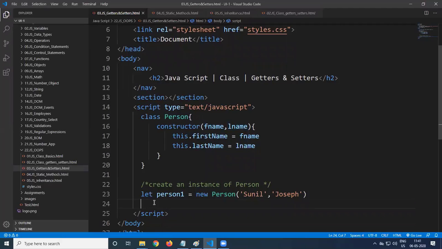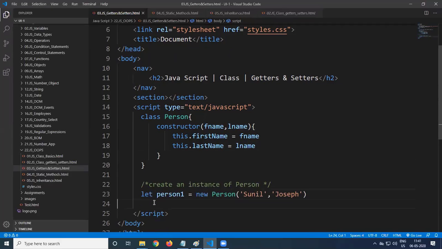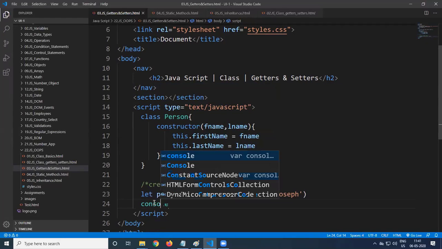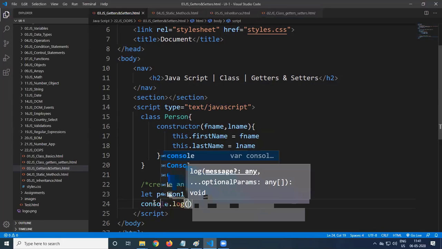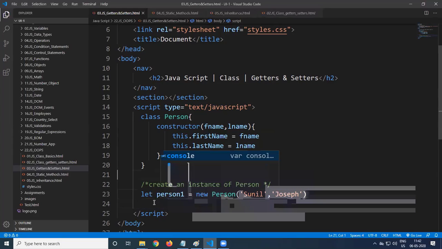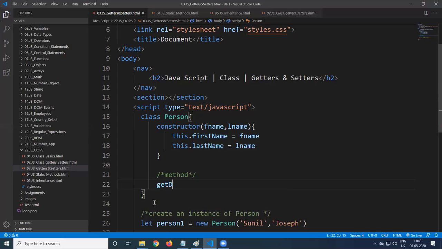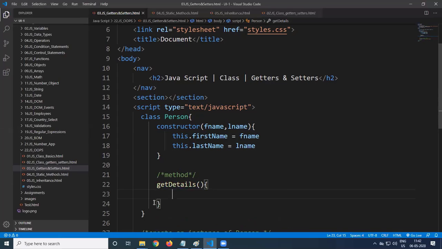Now let us have a method. We can access the value directly, or we can access it through a method also. So we define a method called getDetails, with no return type.